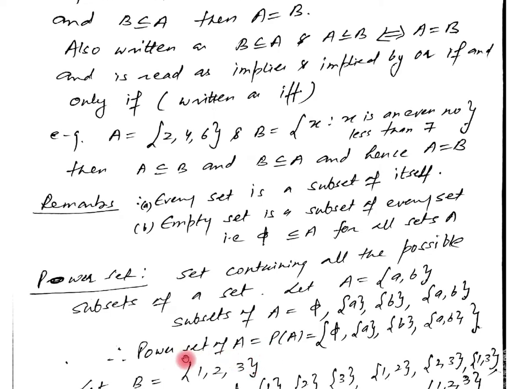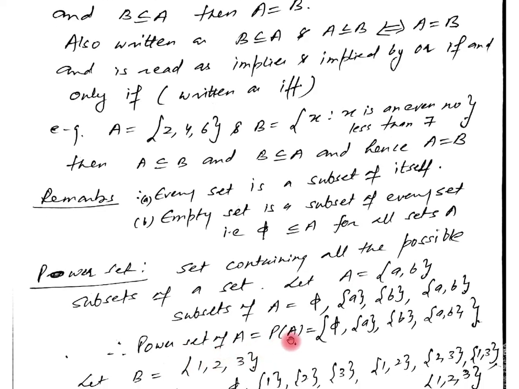Therefore, the power set of A is written as P(A). The set containing all the subsets, when we put all these subsets again in curly brackets, is known as the power set. See it again. Let A equal {a, b}. Now the power set means the set containing all the possible subsets of a set. Then the possible subsets of a set are: one is phi, another having single element a, then having single element b, and the fourth one is the set itself. So all these are the possible subsets of a set.